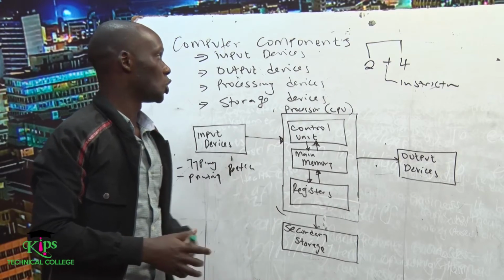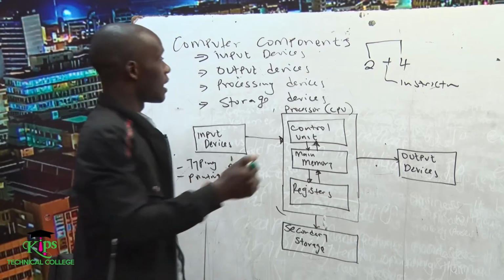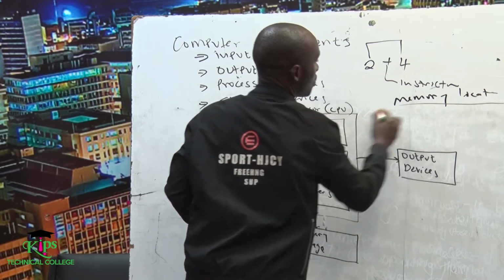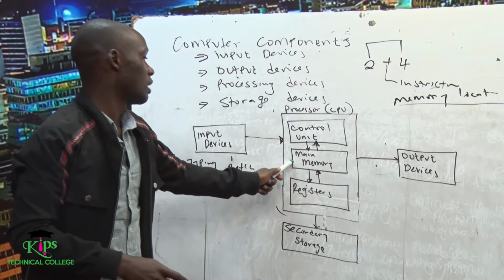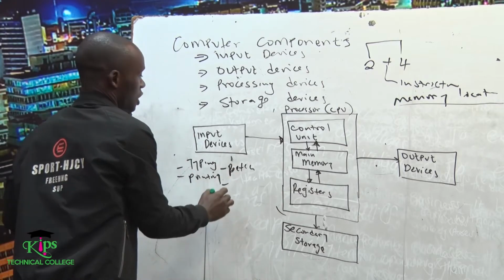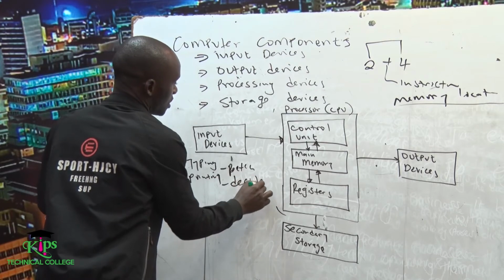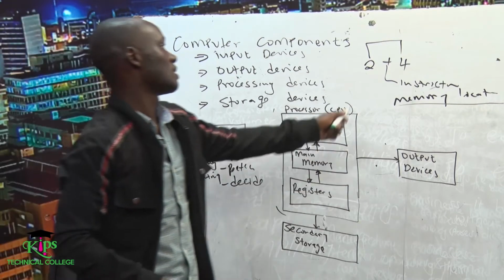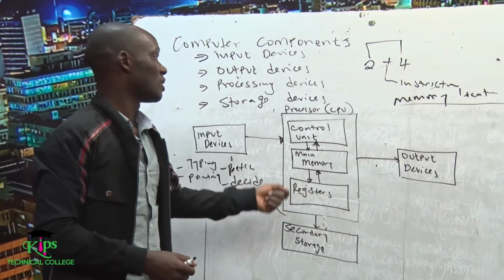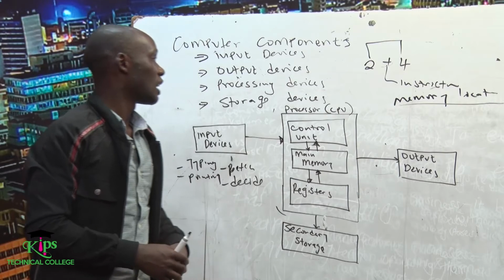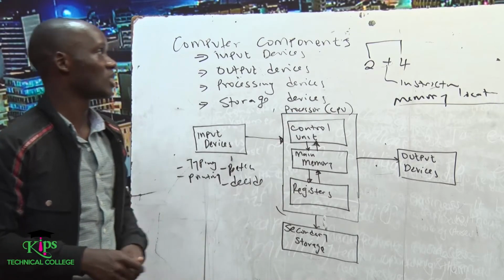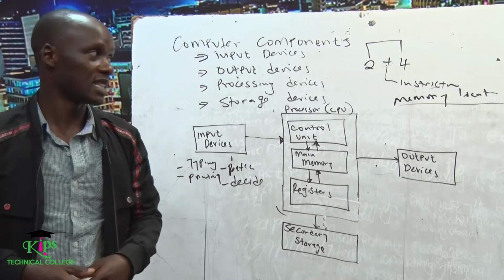Now the data items are going to be stored in what we call memory locations. And memory locations basically are in what we call main memory and the secondary storage. Another function of the control unit is basically to what we call decode. Once we have an instruction like this plus instruction, how it's going to be stored in memory will be different. So that hardware that's supposed to add the 2 and 4 cannot understand a given instruction. So it's work of the control unit to put that instruction into a form that the hardware can understand and